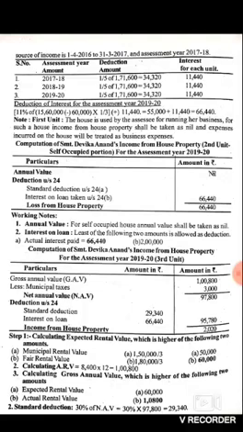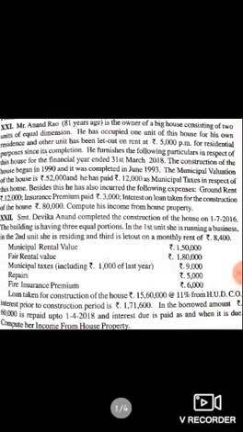as gross annual value. So calculating the gross annual value, expected rental value is 60,000, actual rental value is 1,08,000. So the higher is taken as gross annual value. So standard deduction is 30% of 97,800. 30% is 29,340. So this is Devika Anand, and this is Anand Rao incomes.